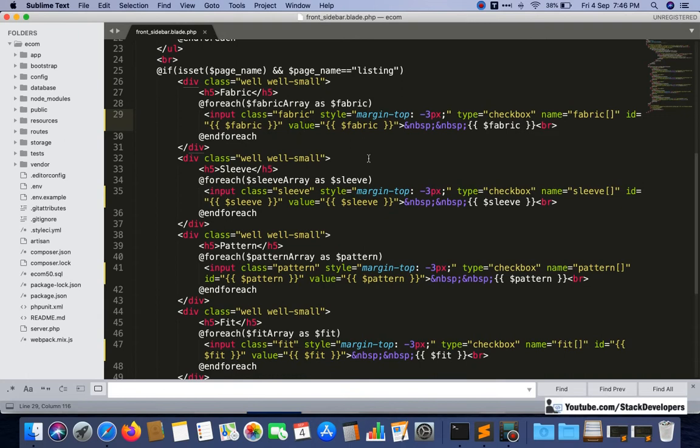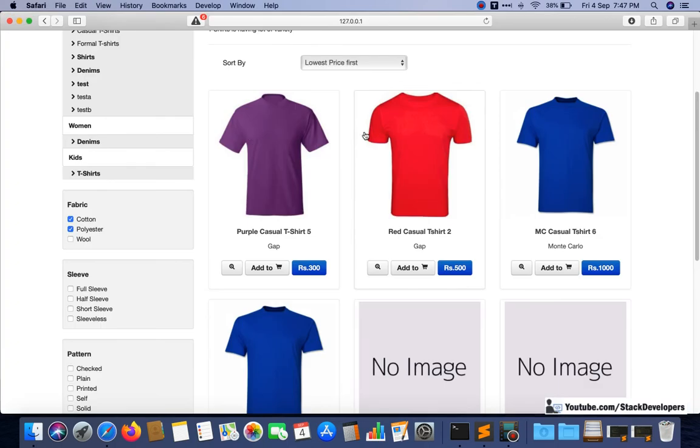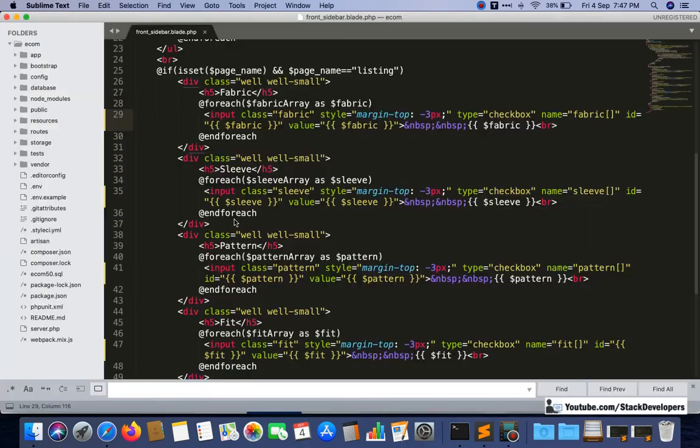We are going to use the each loop of jQuery so that we can pick multiple values of fabric in an array. And we are going to use the push function of jQuery so that we can add them one by one and pass them there. I will show you how.